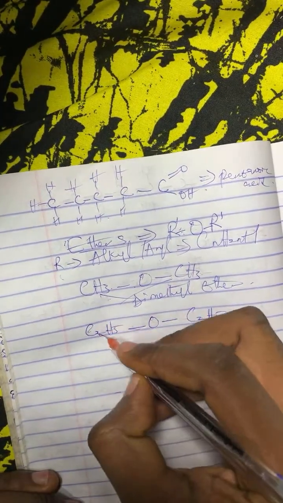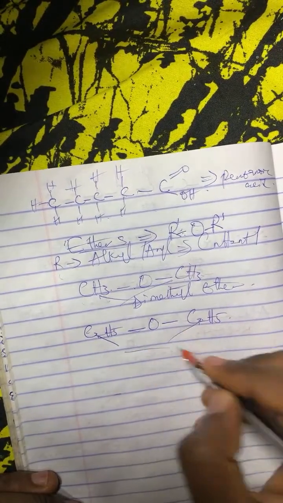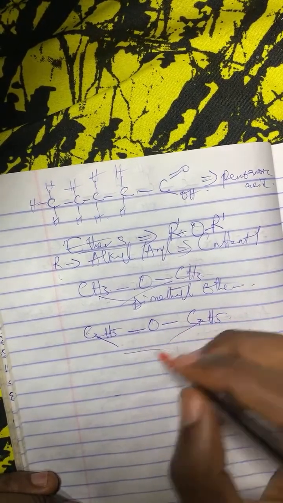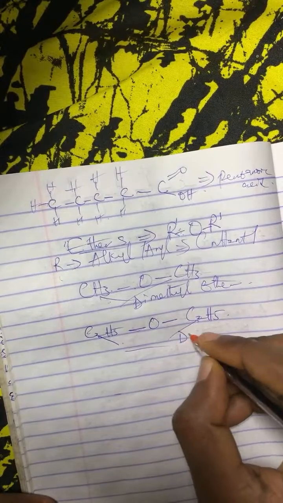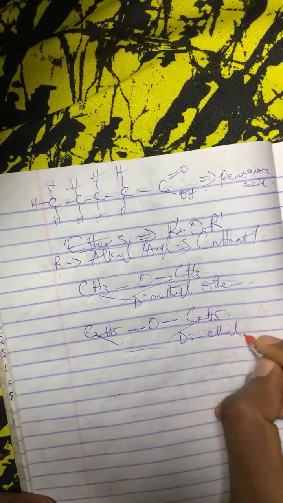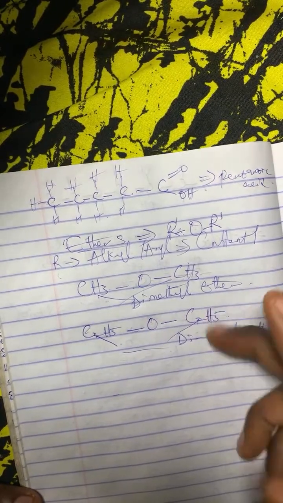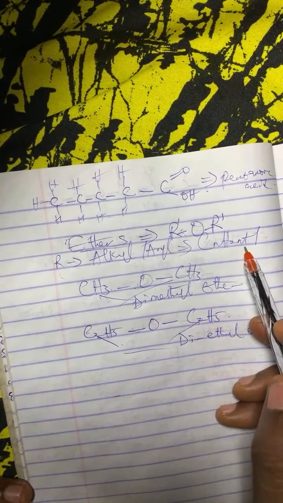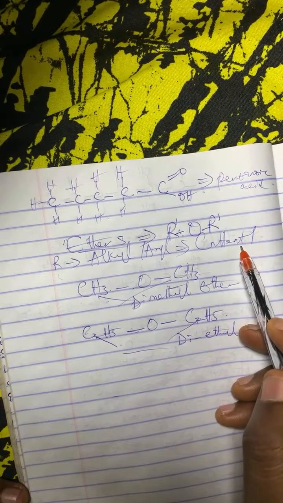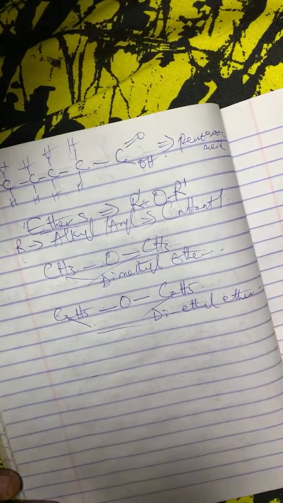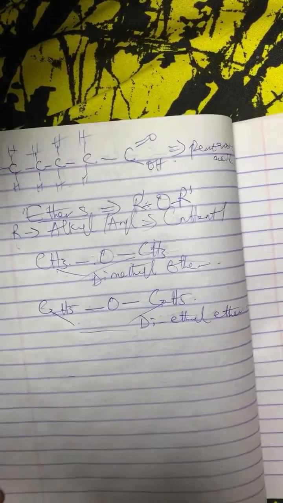This is what? Ethyl ether, or you say diethyl ether. Already you know how we form our ethyl using the general formula CnH2n+1. So this is diethyl ether. Now, I can also have something like this,